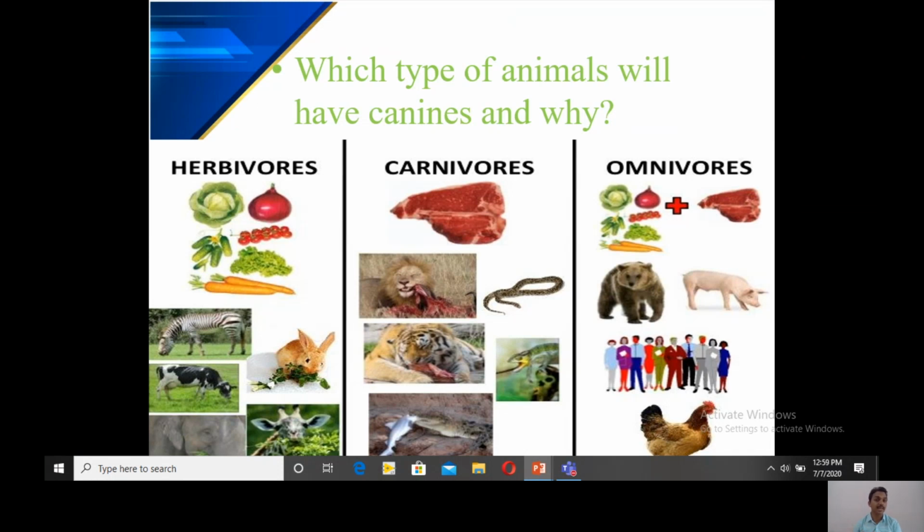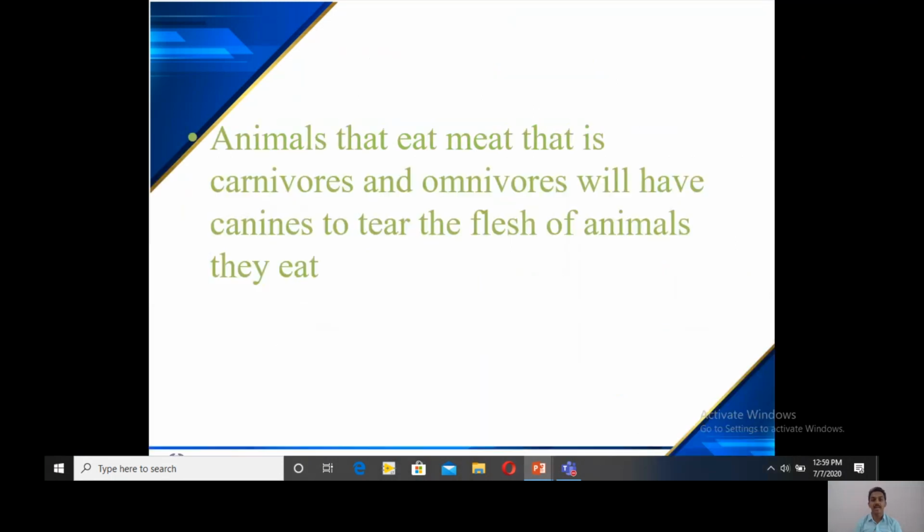Definitely carnivorous and omnivorous animals will have canines. The animals that are carnivorous will have canines to tear the flesh of the animals they eat.